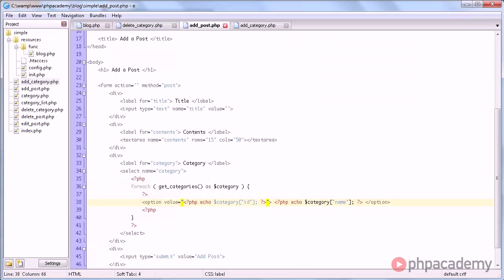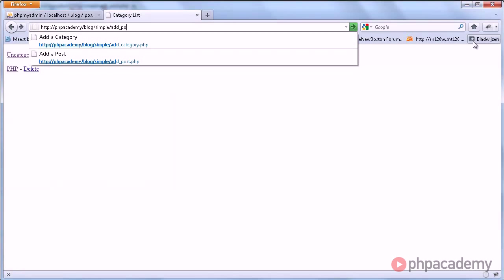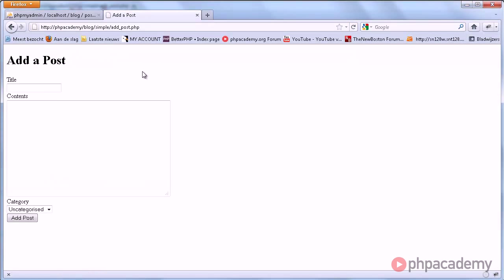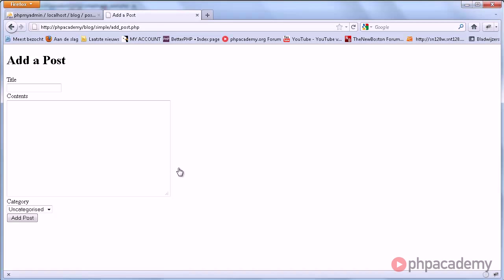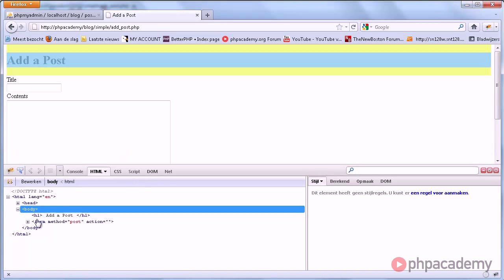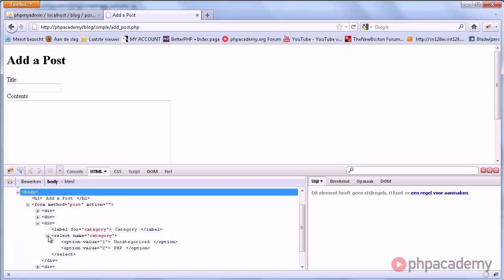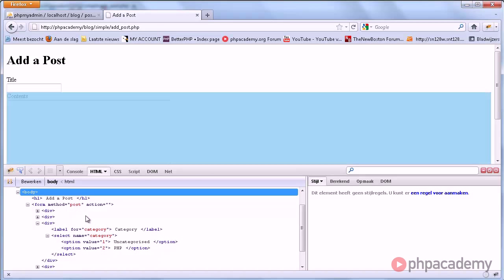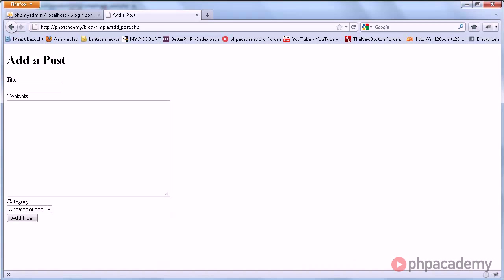So let's save this, and then when we go to add post.php, we see here that we get the list of categories, and let me just open up Firebug, and when we go to this, we have our select form here, and the values are 1 and 2 respectively. So that works fine.